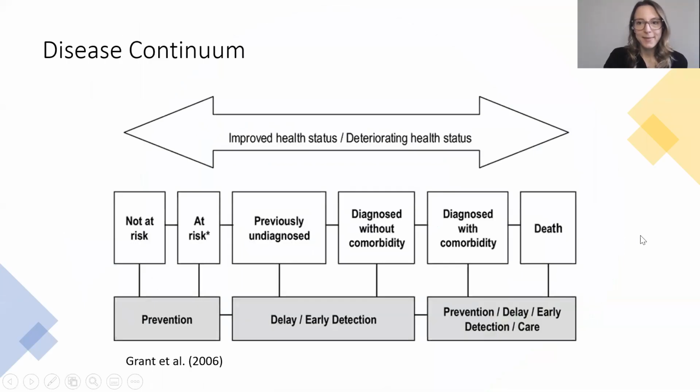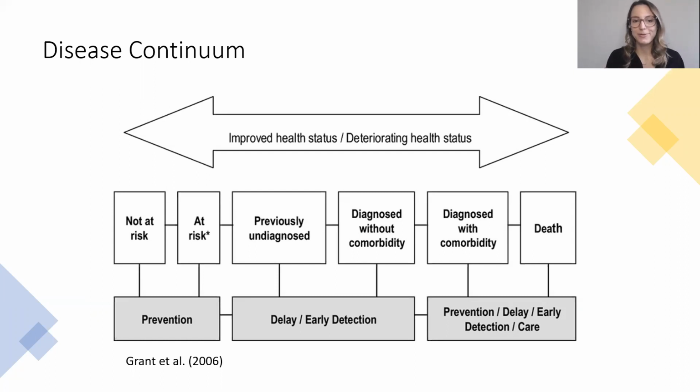So something I did want to mention is this idea of a disease continuum. A disease continuum basically shows us that disease is hard to diagnose and hard to define in a standard way because a disease is really fluid. You don't suddenly wake up one day and have a disease. Usually it's over the course of someone's life that you develop a disease gradually, especially with something like a chronic disease. So the continuum shows that you start off from a place where you're not at risk for disease, and usually